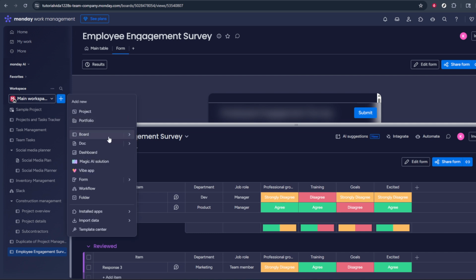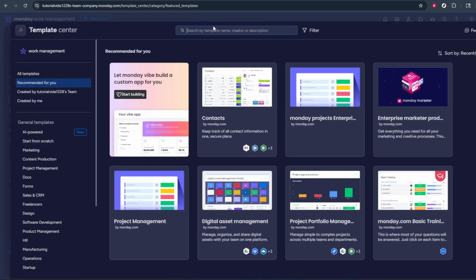After clicking the plus sign, you'll be taken to the board creation area. Here, instead of starting from scratch, we want to use one of Monday.com's templates. Look for the option that says Start with Template and click on it. Using a template saves you time because it comes pre-configured with groups, columns, and terminology that are already designed for